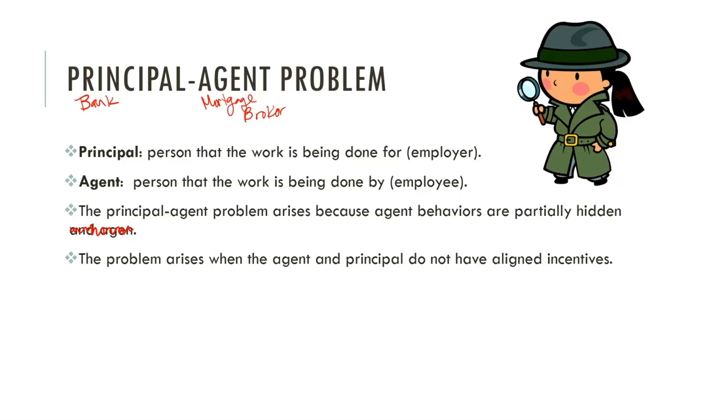The principal and agent also don't have aligned incentives. So even if you're saying they're sharing the money, they get commission. Maybe the bank is going to make $100,000 over the whole term of the loan